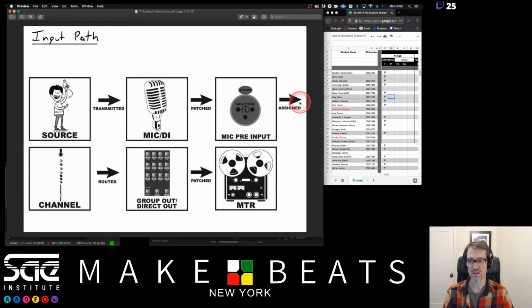So we start off one more time, just going through that one more time. We start off over here with the source, and that's going to travel through the air or through a cable or something like that into the microphone or into a DI box. And remember, we talked about the DI box last week when we talked about our cables. So the microphone or the DI box is then patched with a cable